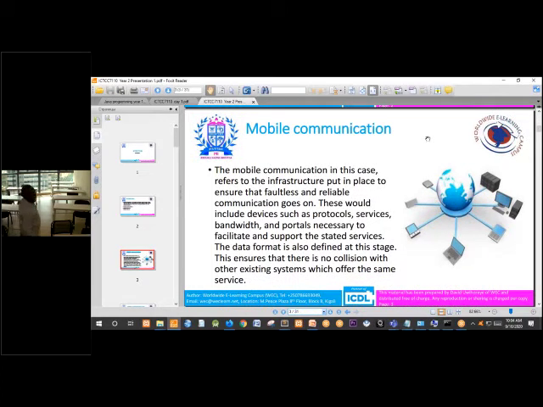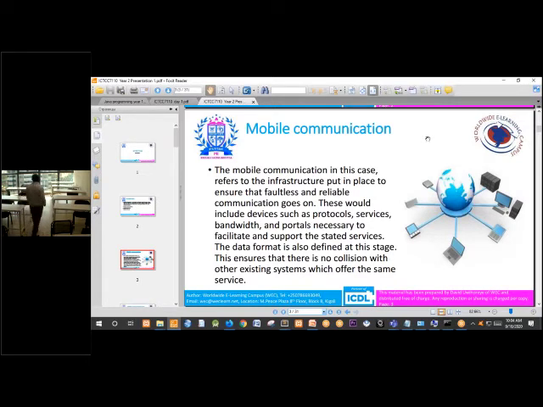So the main concept involves mobile communication, mobile hardware, and mobile software. So what is mobile communication now?